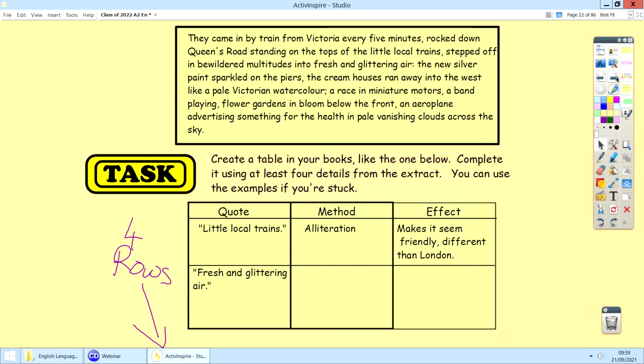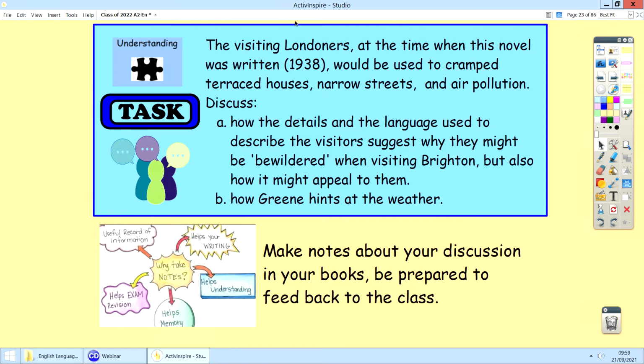Okay, well done. I'm going to assume that you've done that to the very best of your ability and filled in a fabulous chart. Well done. Okay, the visiting Londoners at the time